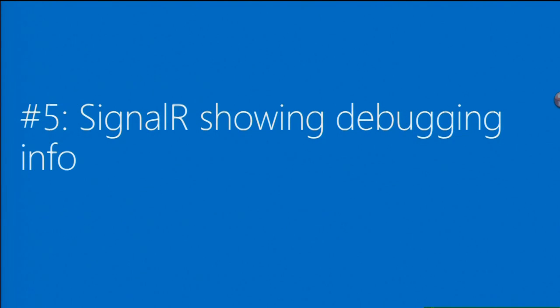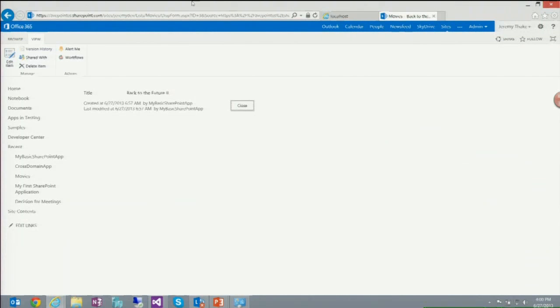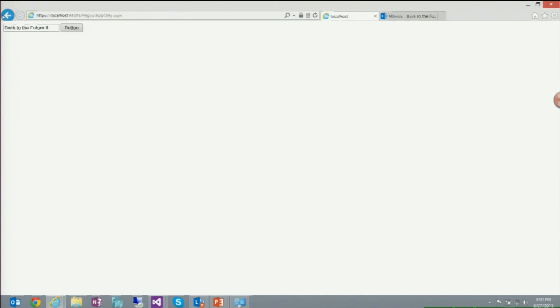So we use that in the Meetings app, but we also use it in our diagnostic logging, and I'll show you why we do that. What it allows me to do, and this was part of that same package that I deployed, is if I go back a page just quickly,